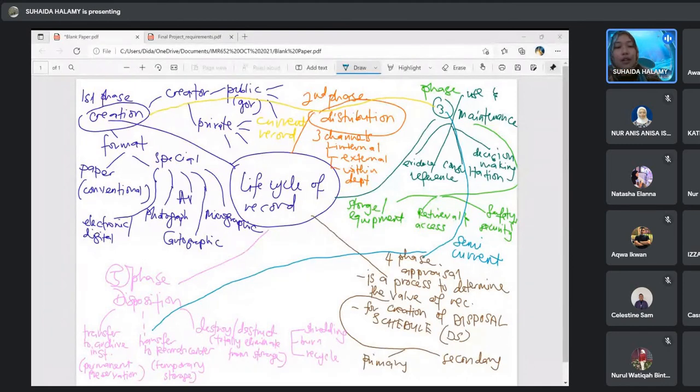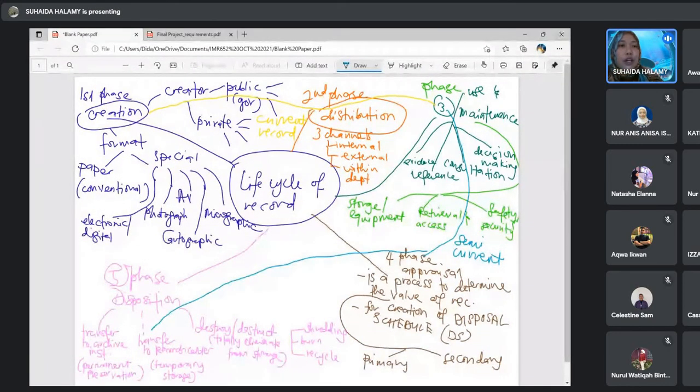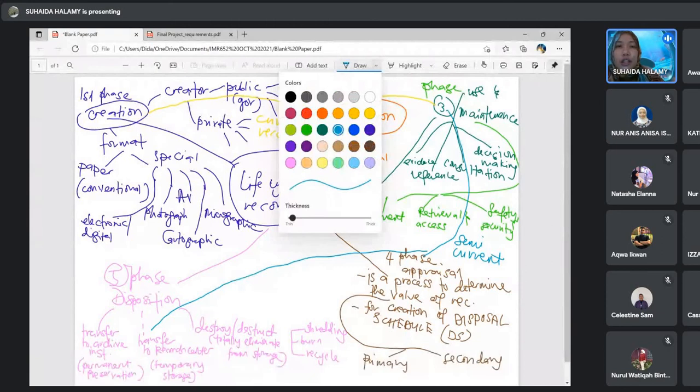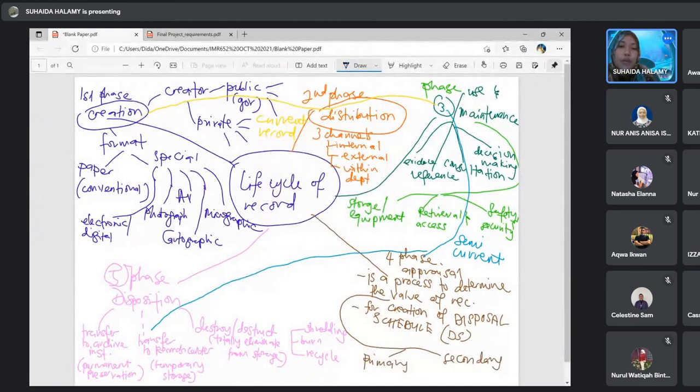Okay, right, and then the last one. Okay, last one from the appraisal and then it goes to destroy and also transfer to archive, okay, known as non-current record. Wujudlah non-current record dekat sini because of the value.